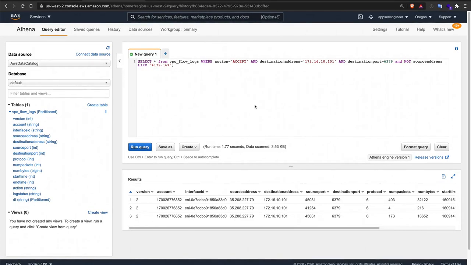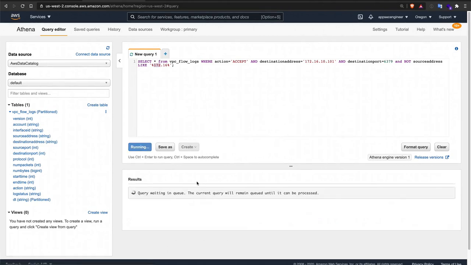that traffic. So you'll see that what we've done is we're using a select query where we're selecting the VPC flow logs where action is equal to accept and destination address is the Redis database. So we want to find all traffic going to the Redis database where the action is accepted, where it's accepted traffic and the destination port is 6379. So the Redis database on this IP and this port, but we are also filtering for a source address that is not from the internal IP range. So not from 172.16. If you have any such traffic, show me.